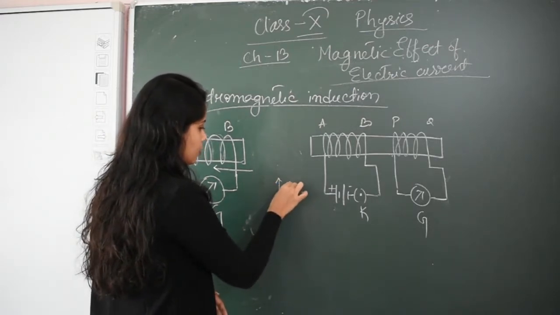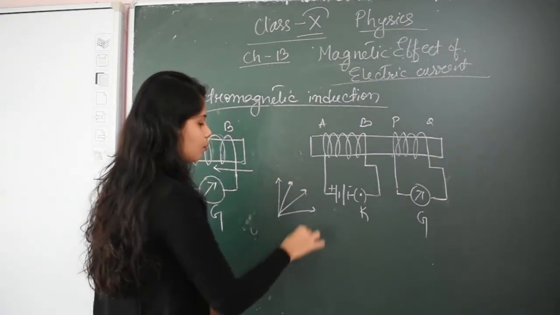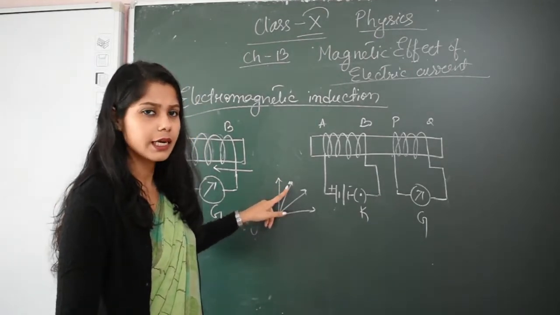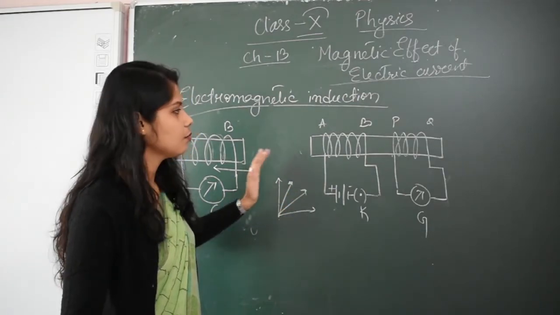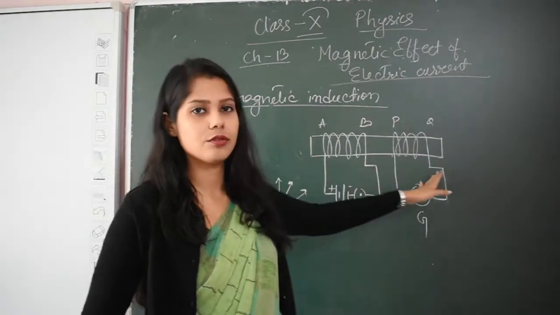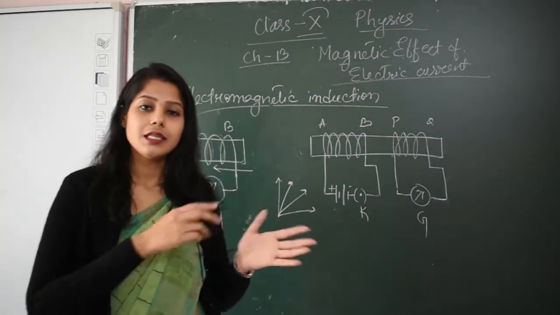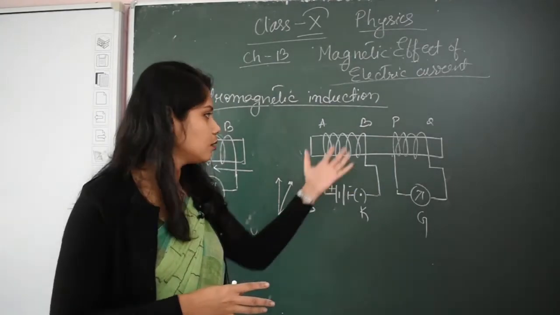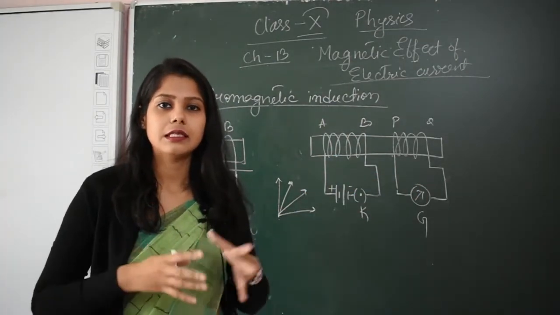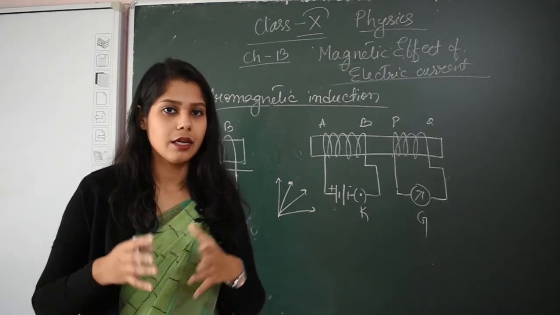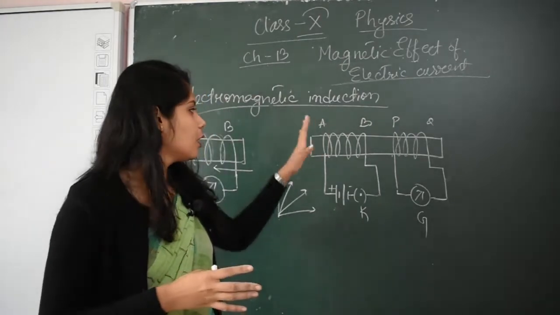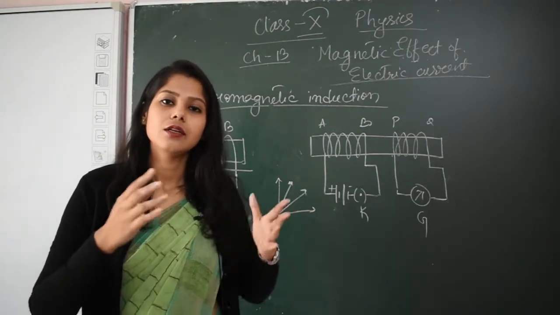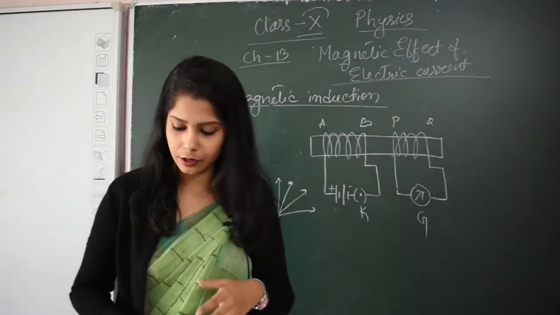The deflection will say how much current it is. If the deflection is slightly from 0 to here, then the current is not that much. The more the deflection, the more is the current induced from here to here. So this is called induction of current, or passing of current from one coil to another with the help of a magnetic field, which is electromagnetic induction. As we are using magnetism, electricity and current is induced from one to another, so it is called electromagnetic induction.